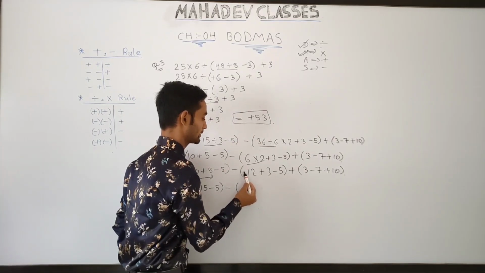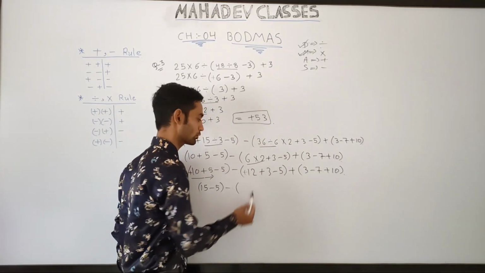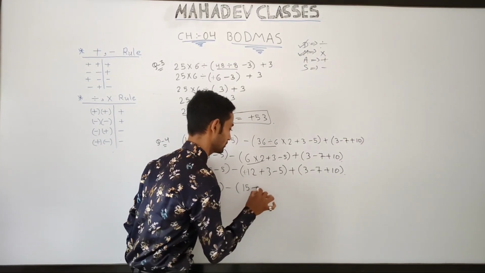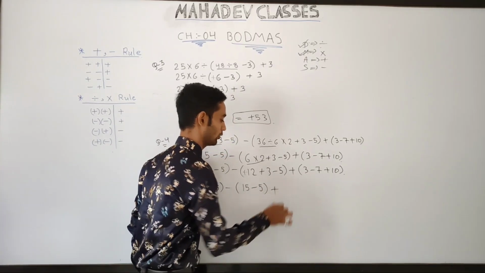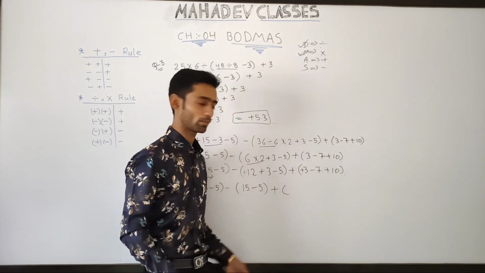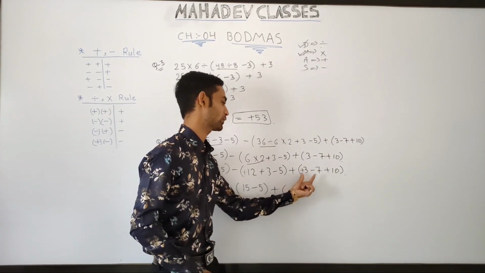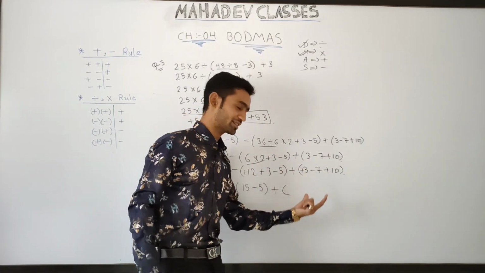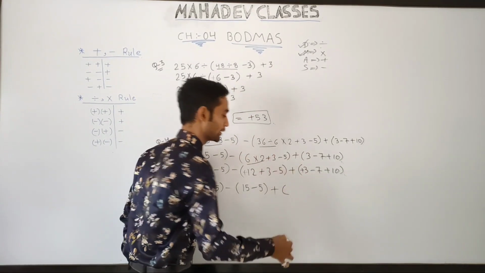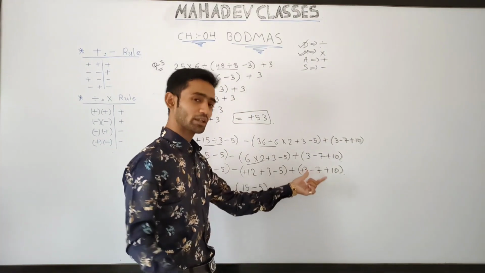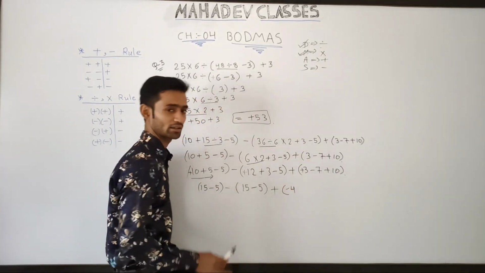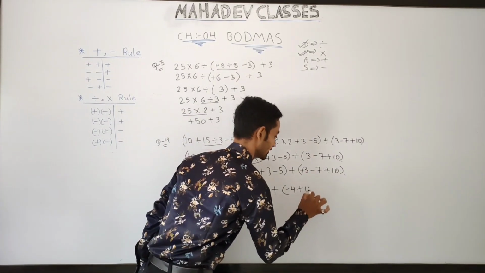See, 12 has a plus sign, this 3 has a plus sign also, so equal symbol, addition. 12 plus 3, you will get 15, and it is minus 5. Okay, now plus in another bracket. See, this 3 has a plus symbol and this 7 has a minus symbol, so different symbols, we have to do the process of subtraction, and in the resulting answer we will put the symbol of the bigger number. 7 minus 3, you will get 4, and 7 is the bigger number and 7 has a minus symbol, that's why in our resulting answer we will put minus here. Okay, and the rest one is plus 10.